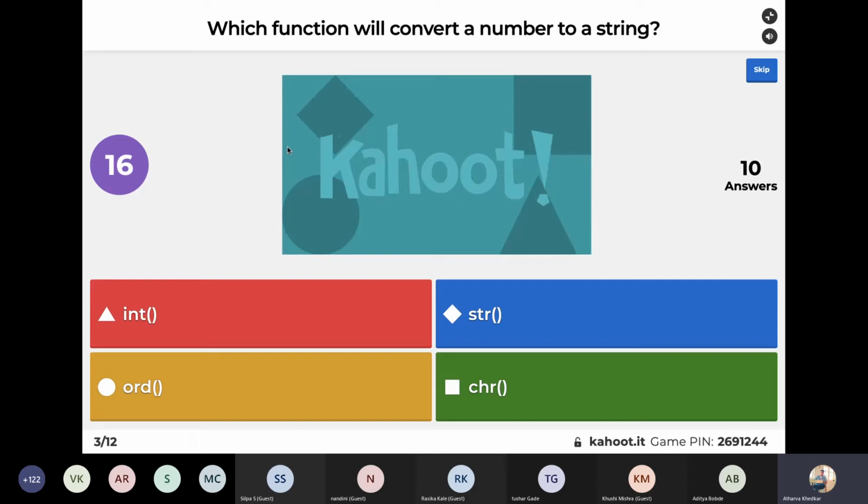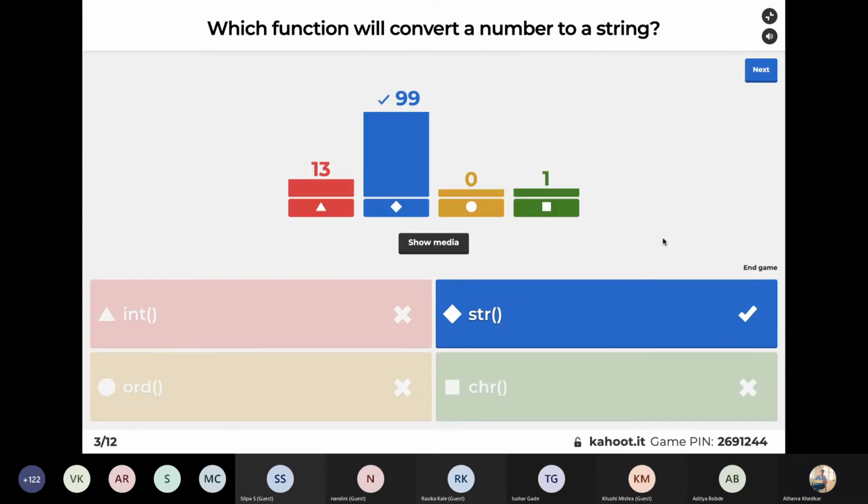Okay, you want to convert numbers to string. Absolutely right.